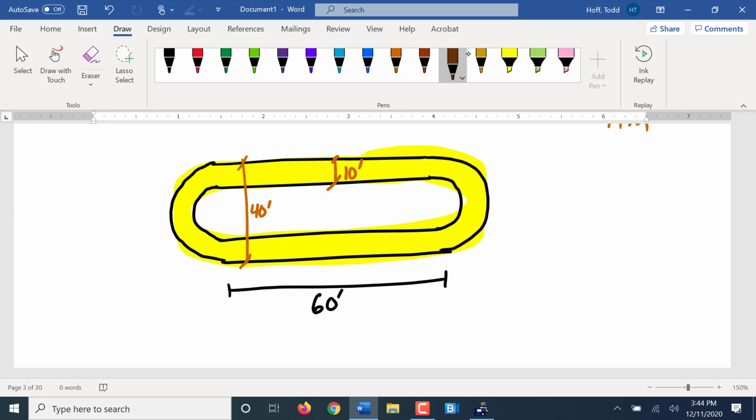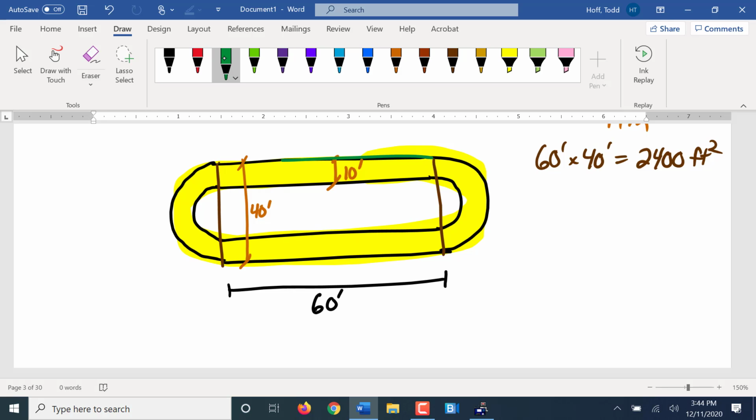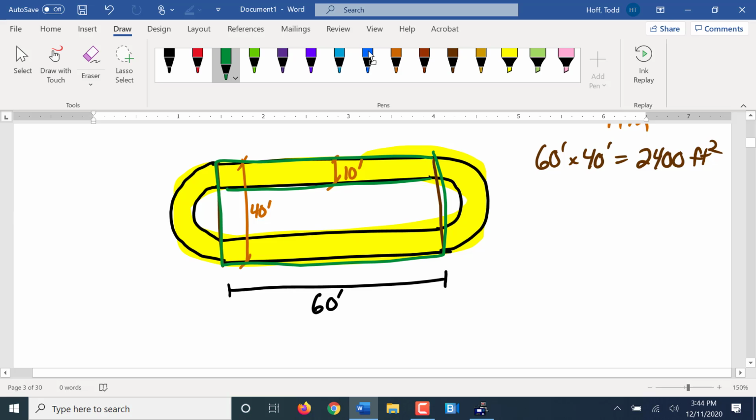We'll work through this one together. Anybody want to tell me where to start? With the 60 feet? So 60 feet by what? By 40? We can do that. Gives us 2,400. Now, is that all area, or do we have to take something out of that? 60 by 40 was this whole rectangle, right? Well, we need to take out,